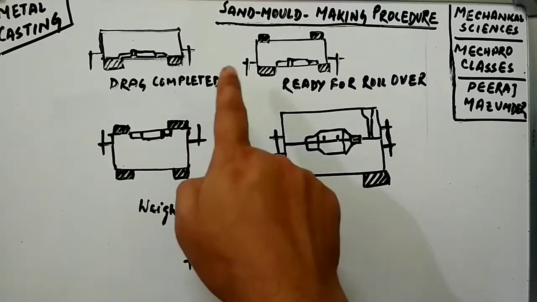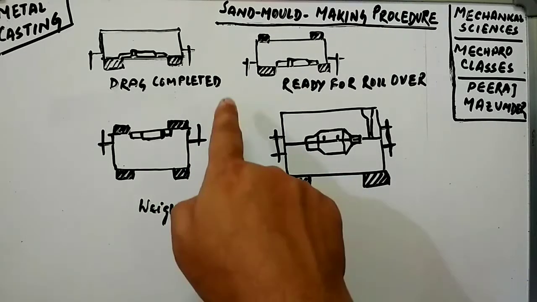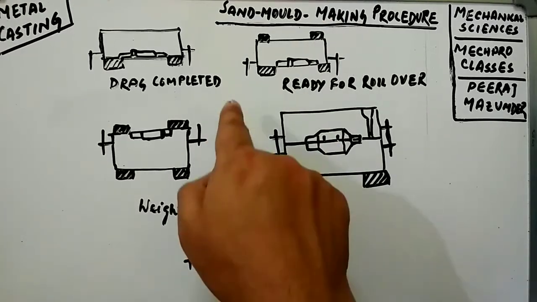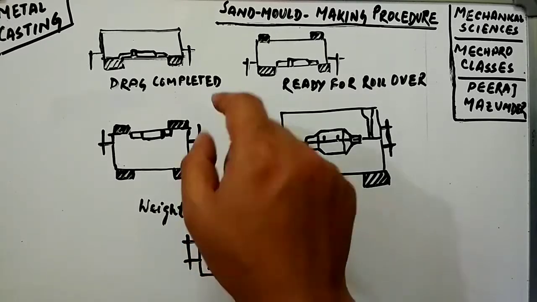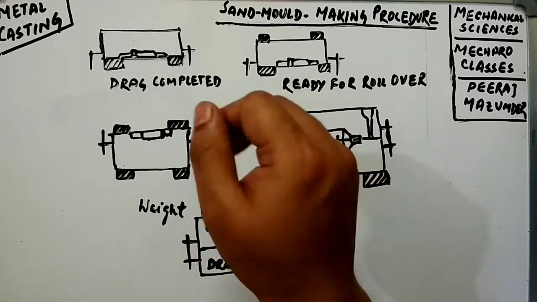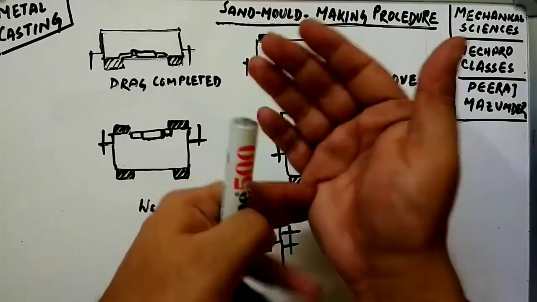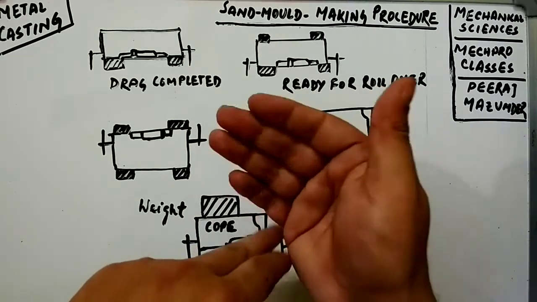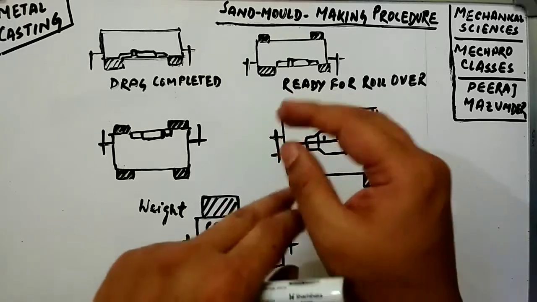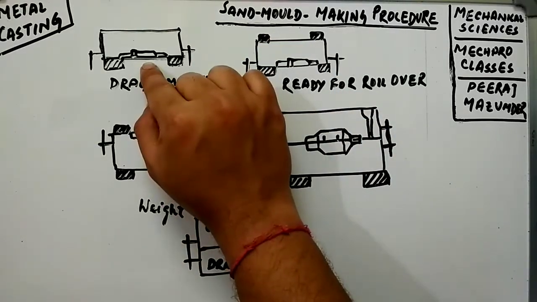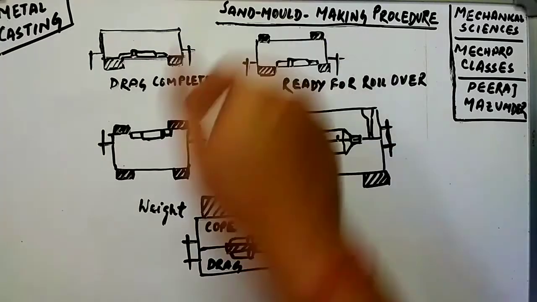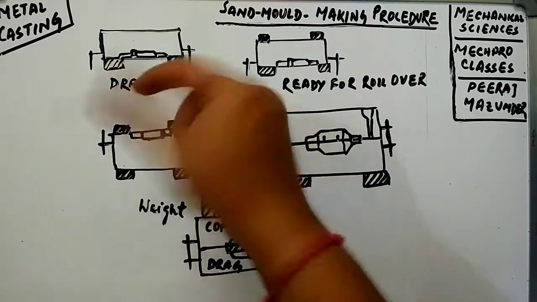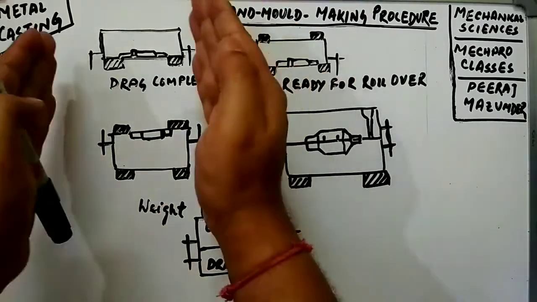So I will try to explain each and every diagram for a complete and clear understanding of the sand mold making procedure. Just stick to this video till the end and you will learn how to make a sand mold for casting. Now you have to first place a bottom board on the molding platform, then the drag molding flask has to be kept upside down. Upside down means this one, the reverse one, not this one. This one is the normal one, but when you reverse it, it is upside down, in the reverse direction. So you have to place it in this direction.